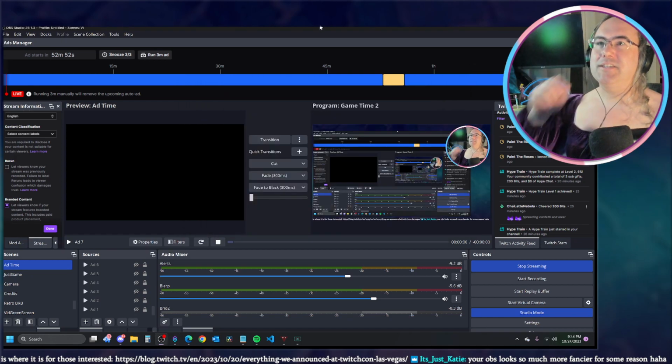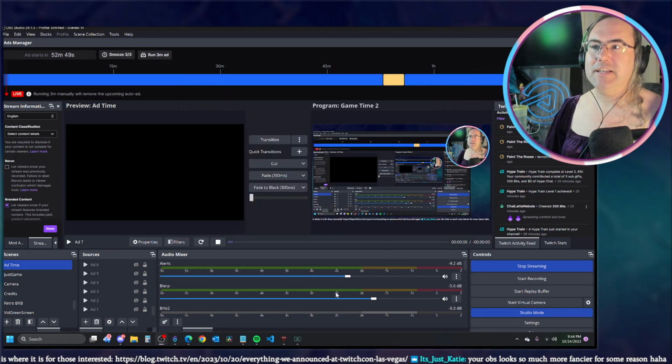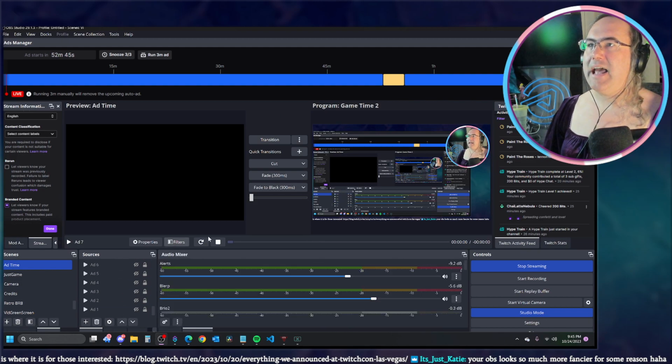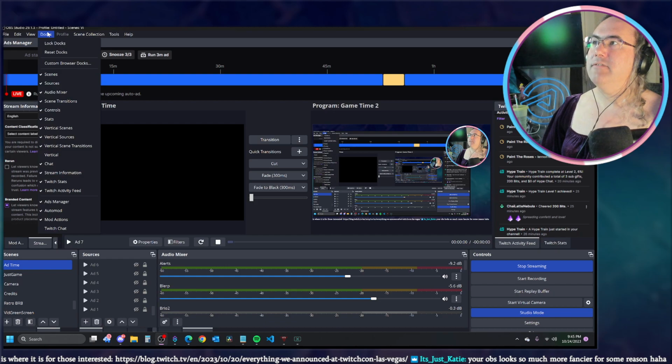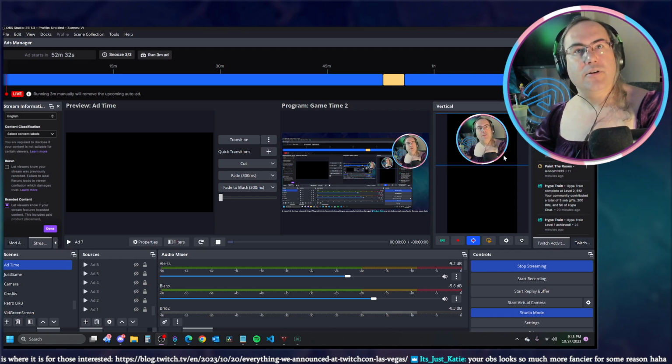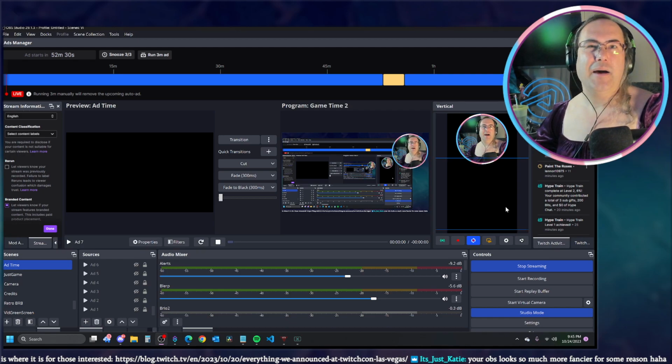This view, I'm in studio mode right now, so that could be part of it. But I have the audio mixer and the stats. I have the different scenes and everything over here and all of the sources. I don't currently have it visible, but I do also have Atom, the vertical plugin. I'm just not doing any vertical streaming, so I don't have this up because I figure why put my computer through the extra hell of encoding an additional set of video output if it's not actually going to send it somewhere.